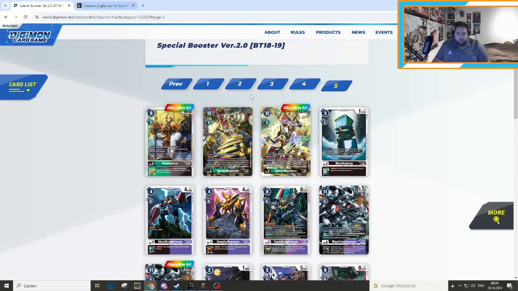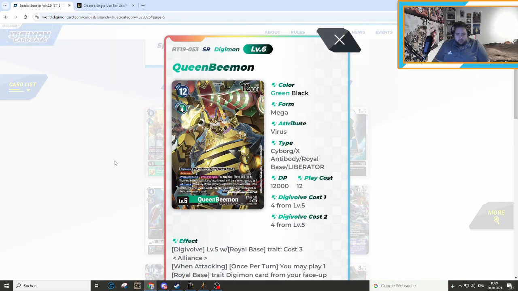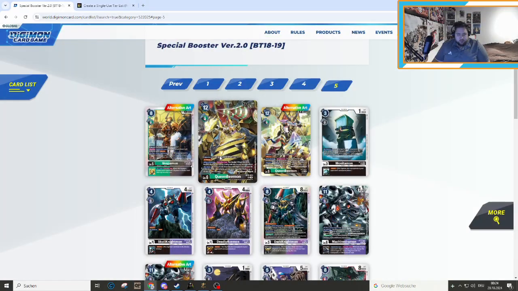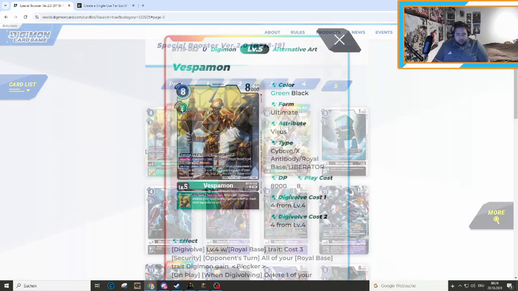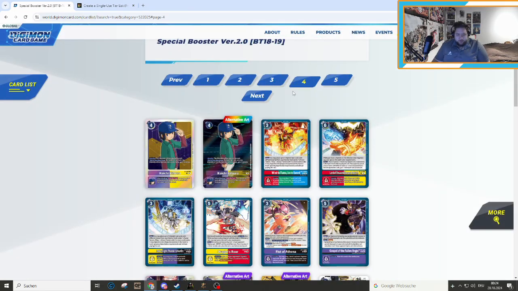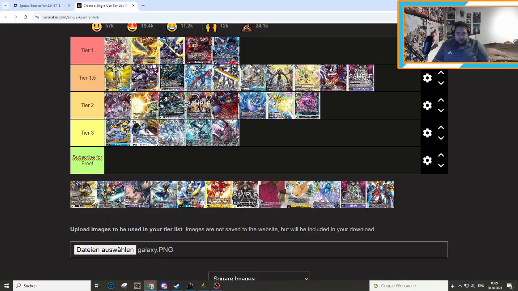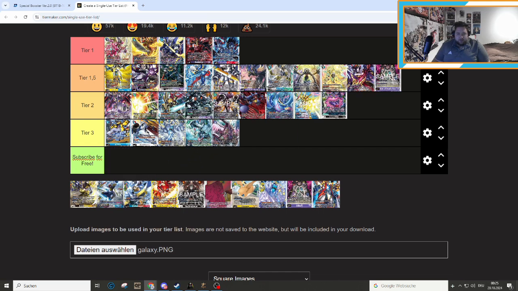Yeah. Then we talk about bees. Bees are coming out as well as an art. We get Queen Beanmon with 2 different artworks. Yeah, we get the Queen Beanmon. The normal art looks really good as well. We get the Vespamon and the other stuff as well. I don't like bees. It's not that strong. I will put it as a tier 2. It's a really funny deck, but I don't think it's strong enough to compete in the meta. Beltsamon I will put as a rather tier 0.5